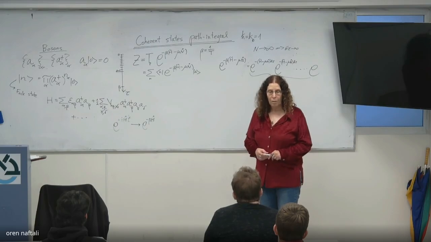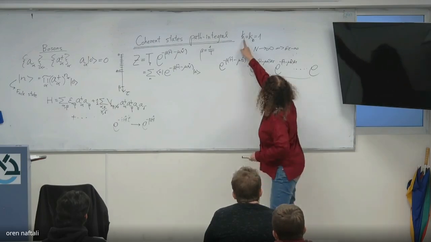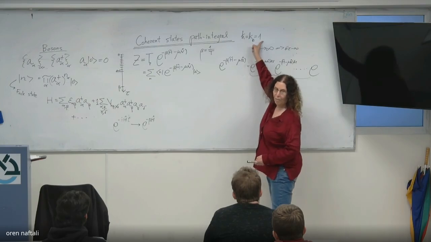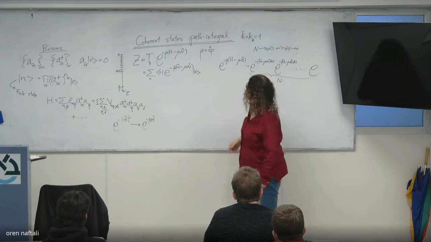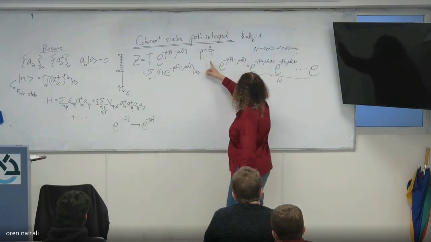What I don't get is that d tau is unitless, right? No, it has units of time. Okay, it's a unit of time. And beta has units of one over time. With h bar and k Boltzmann equal to 1. In those units, if you would like to bring back the units, then beta is